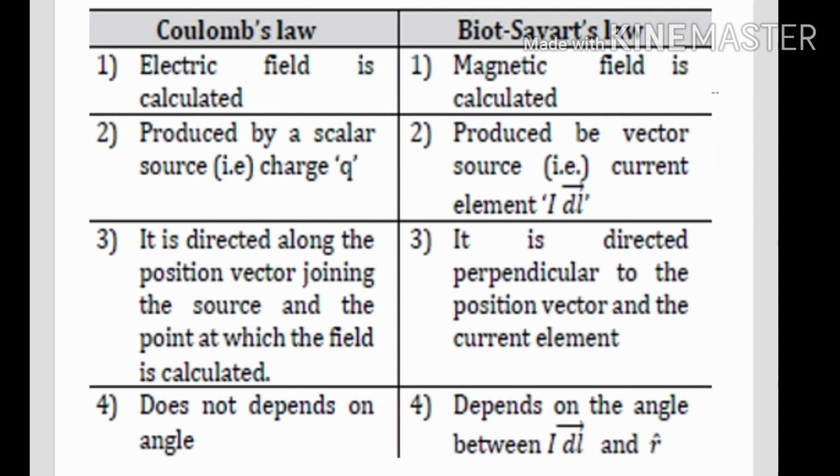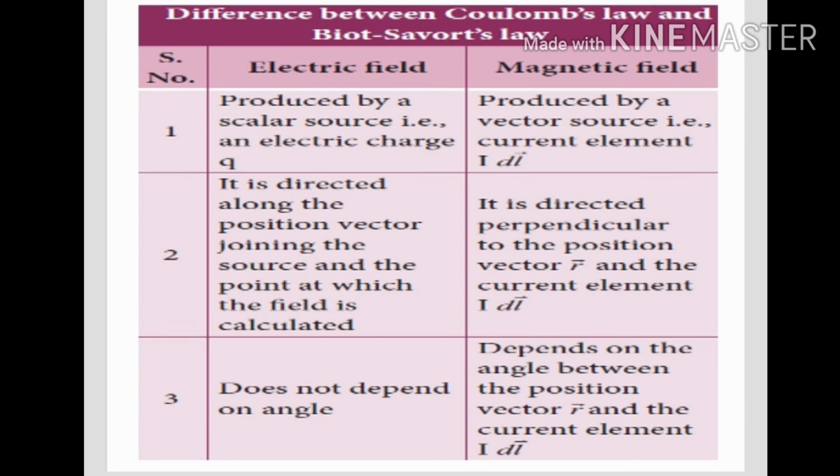In Biot-Savart law, the magnetic field lines are directed perpendicular to the position vector and the current element. Coulomb's law does not depend on the angle, but the Biot-Savart law depends on the angle between I dl vector and r cap. Next one is the difference between the electric field and magnetic field. Here are the points which we have dealt with in the previous section itself. According to electric field, it is produced by the scalar source such that the electric charge q,